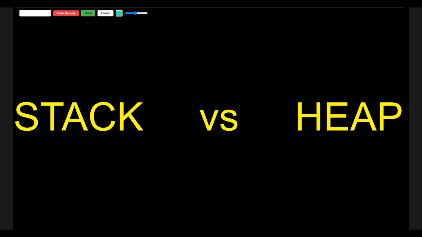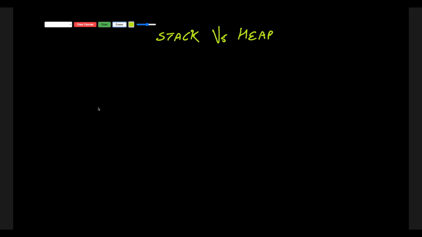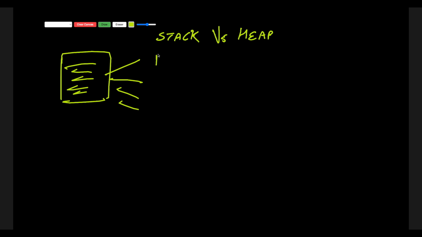Now let's talk about stack versus heap memory in Java. We will walk through a Java program line by line and visually show what happens inside the JVM. So let's start with some basics. Let's say you have written a Java program. Now a program can divide its work into multiple subtasks. So let's say this is task 1, task 2, task 3, task 4.